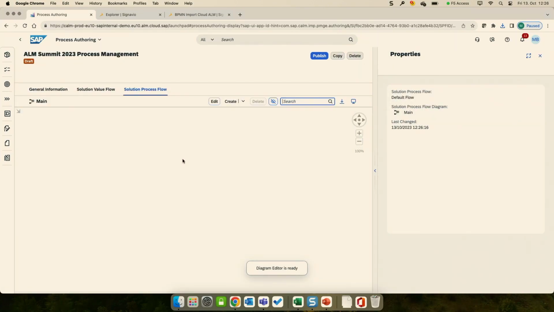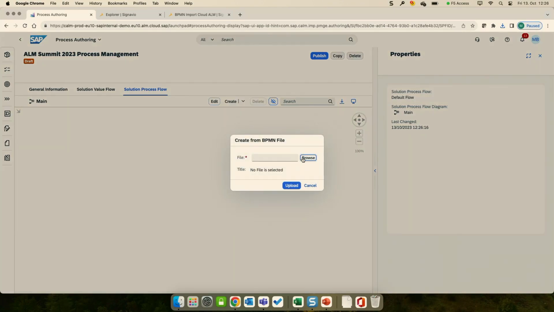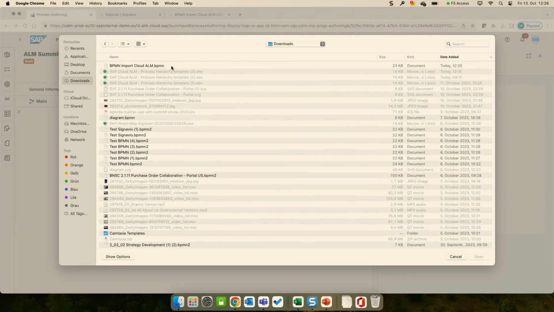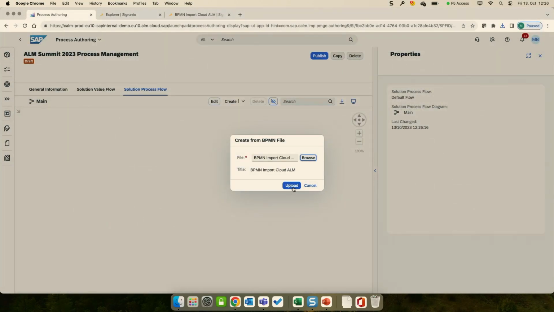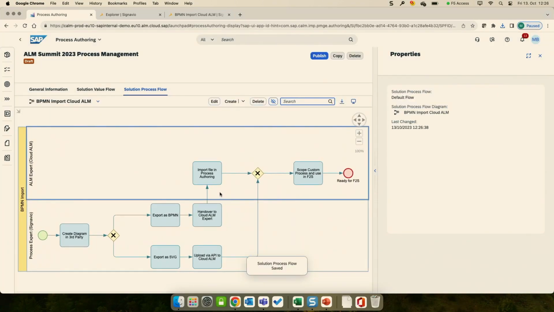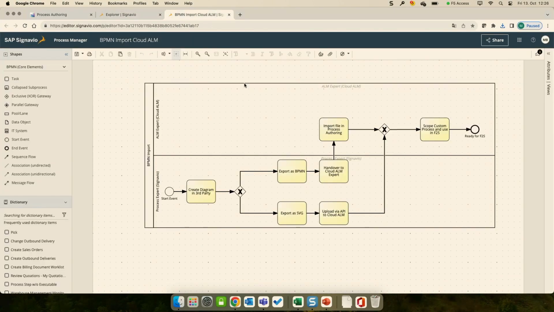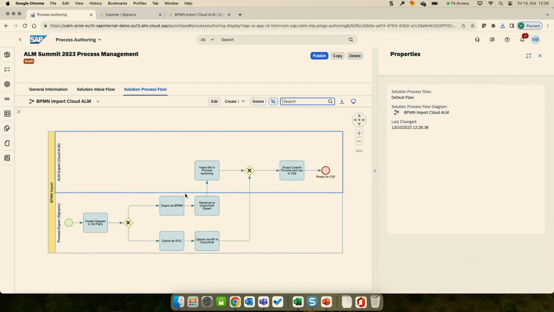And if we are now here in the solution process flow, for sure it's just a newly created custom process. So yeah, there is no BPMN or something like that available. We can easily click here, create from BPMN file. And now I go here to my downloads, and yeah, it is there. That's nice. The just downloaded BPMN. So as you can see, it's the same one as we had here in the Signavio, easily just uploaded here